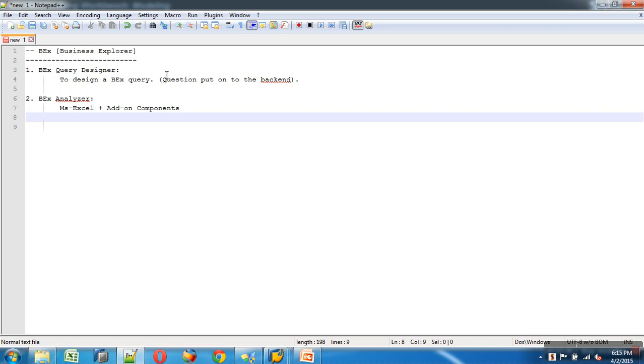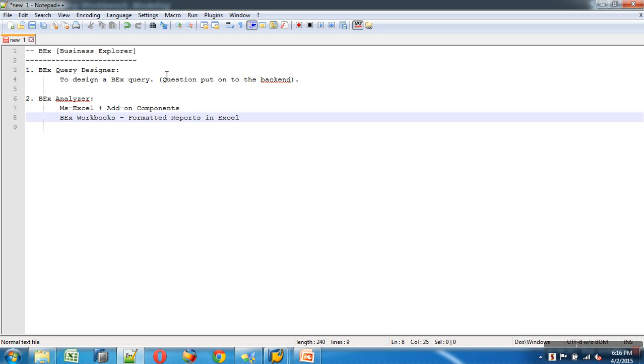You basically take the query result set into the analyzer and start formatting it. So I would say formatted reports in Excel, nothing but we call them workbooks. So we use analyzer to design workbooks, which is nothing but formatted reports in Excel.